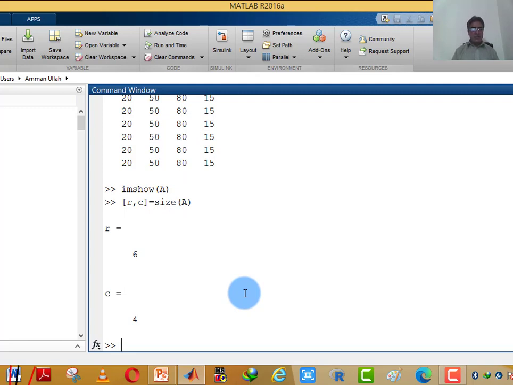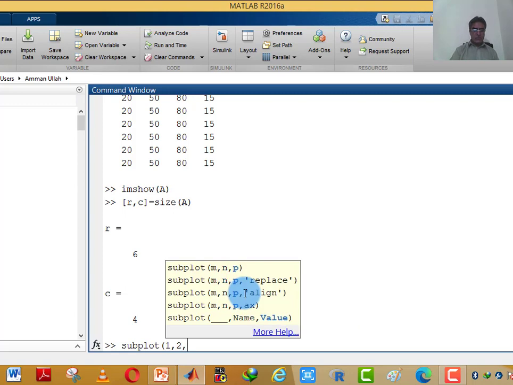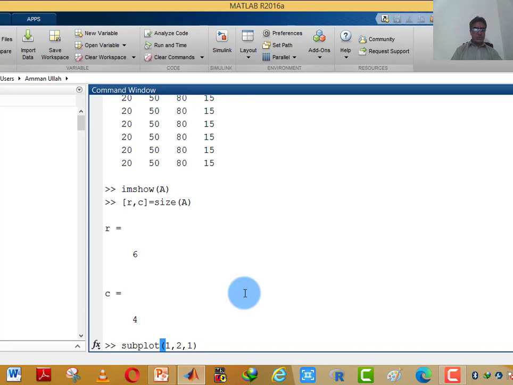Here we want to see another command, subplot. In this command I want to display two consecutive images. So I want to generate a grid of one row and two columns, and in first row and first column I want to display the image of imshow.